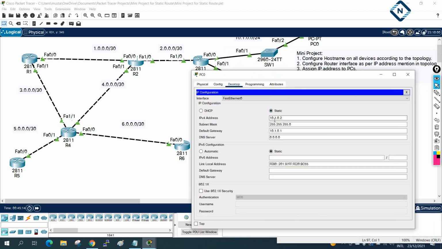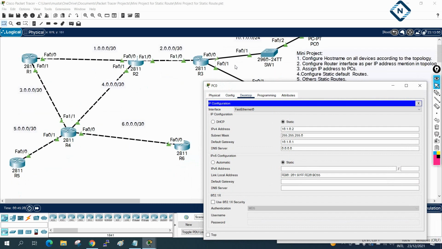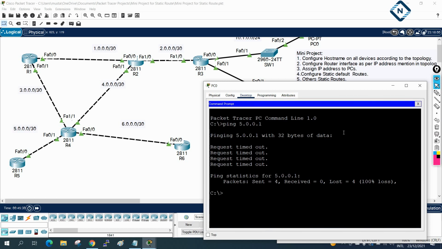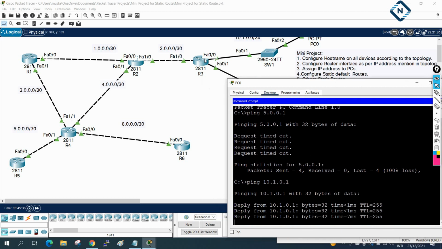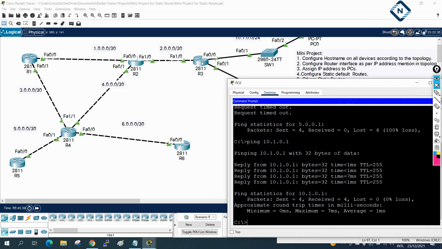If you go here, 10.1.0 255.255.255, this one, and this router interface is having 10.1.1.1. So let's see if we can ping our gateway or not. I will put our gateway. Yeah, I can ping the gateway, so traffic is coming here. So in this router the default route forwards here.